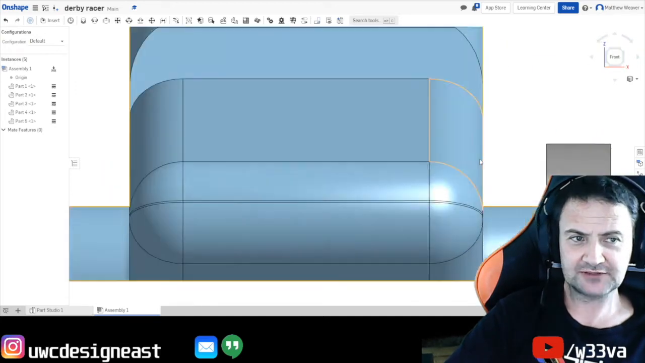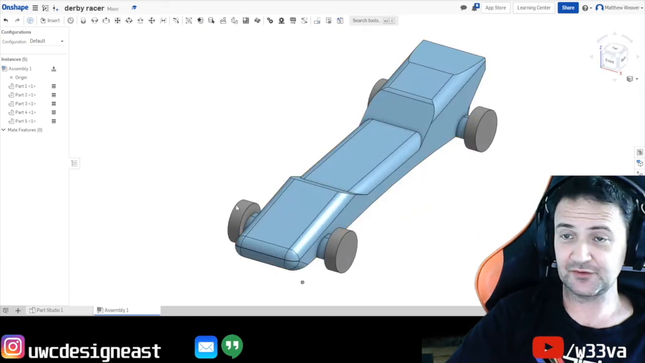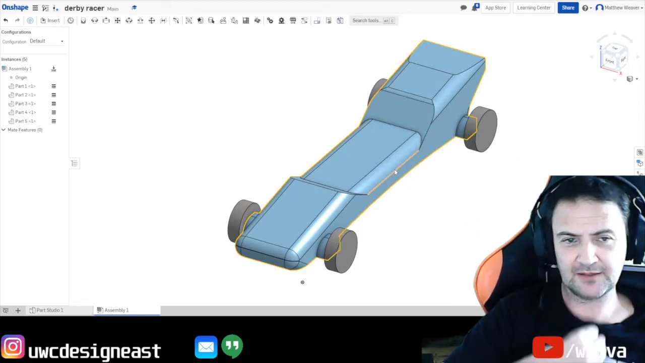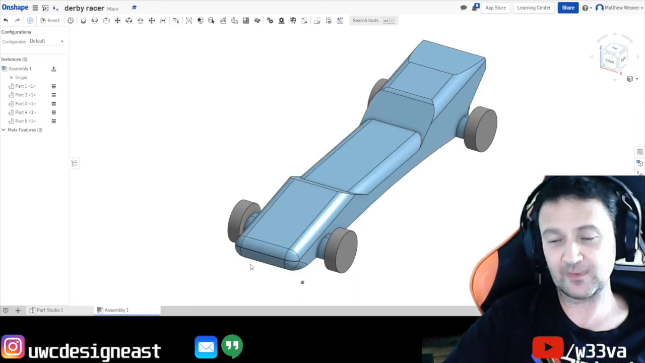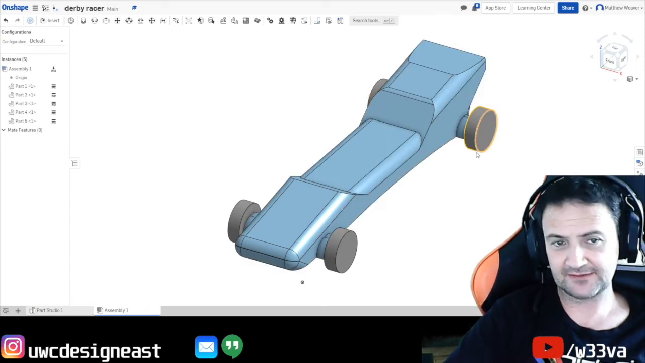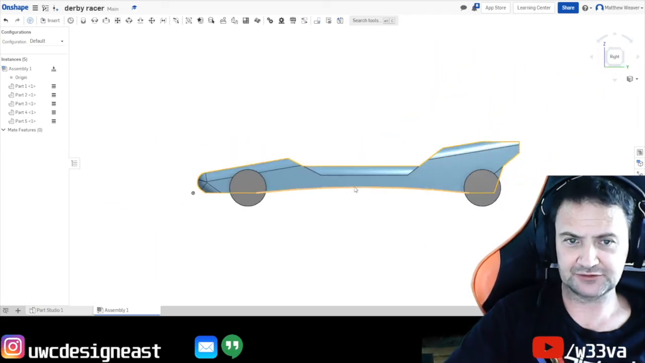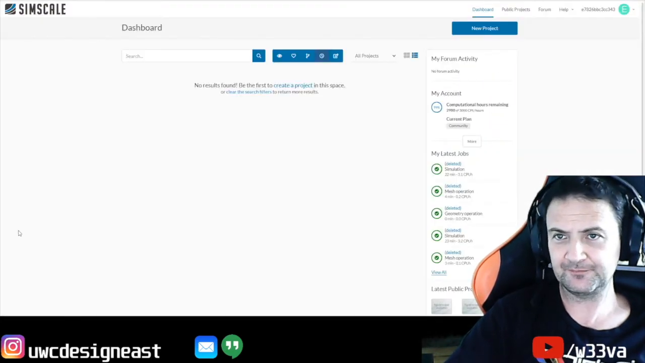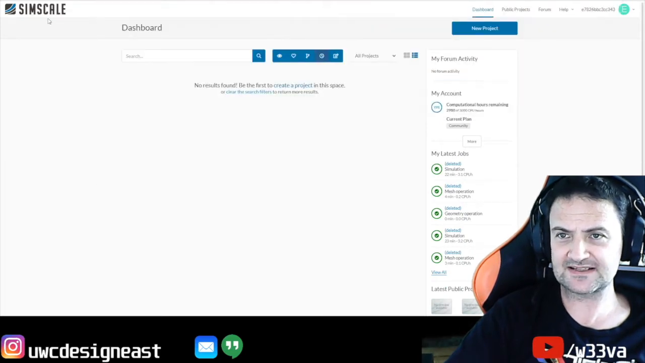So just like the wind tunnel that we use on the iPad that's 2D, we're now going to apply a formula to this that will allow us to see the wind tunnel in 3D. Now all you need to do for this part is have your final idea that you're happy with in Onshape. The next thing you're going to do is go to a website called Simscale,